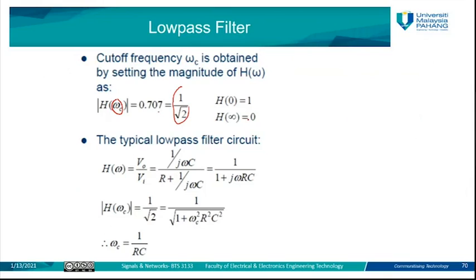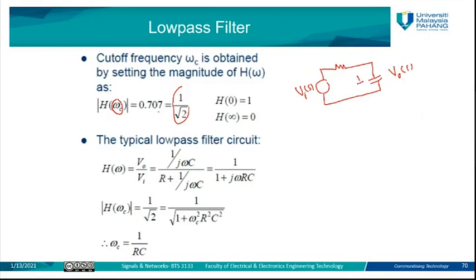Now, how can we find the transfer function for our circuit, which consists of a voltage source? This is the voltage source V in. This is a resistor, and this is a capacitor. The voltage source V in becomes V in of S. This one is V out of S, which is at the capacitor here, and the capacitor value will become 1